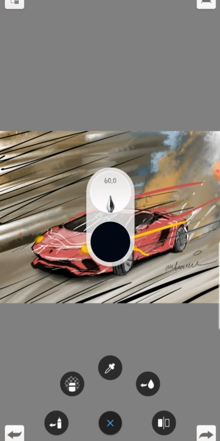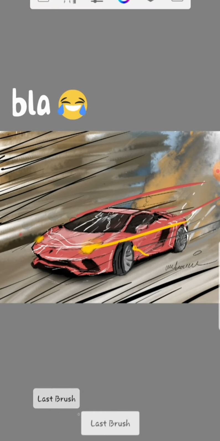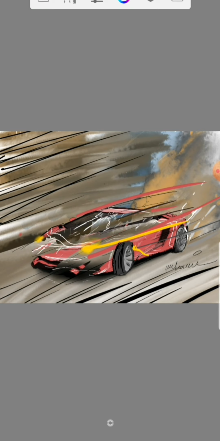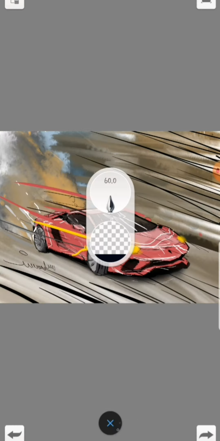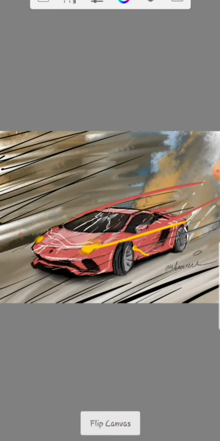It means you don't need to go to the brushes again, and you don't need to find a brush and get confused about which brush you are using. You can just click on this and you will get the older brush which you were using. This is the eraser. It makes transparent color. Look, it's deleting the car. And this is the color picker. You can use this for color picking. This is changing the color. You can switch to the last color with just one click. And this is flip canvas, so it will flip the canvas. So it's quite easy to manipulate pictures in digital painting.